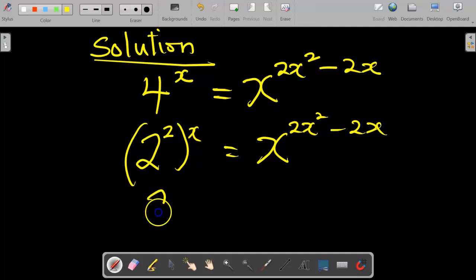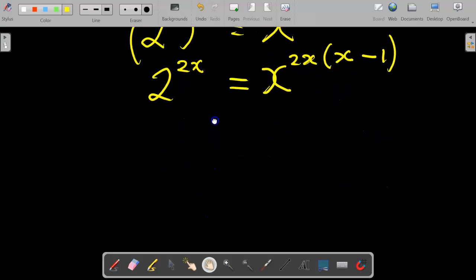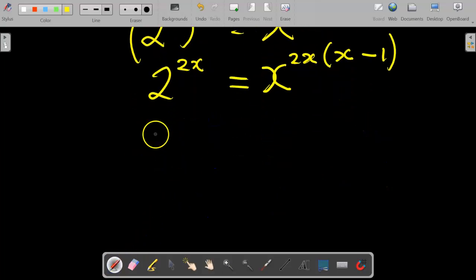So we have 2 raised to the power of 2x to be equal to, we are going to factorize the powers on the right hand side. Looking at this, 2x is a common factor. So 2x squared divided by 2x, we have x, minus 2x divided by 2x, we have 1. So 2